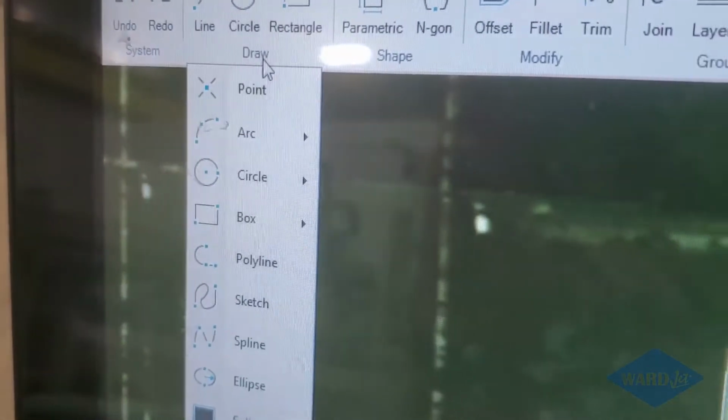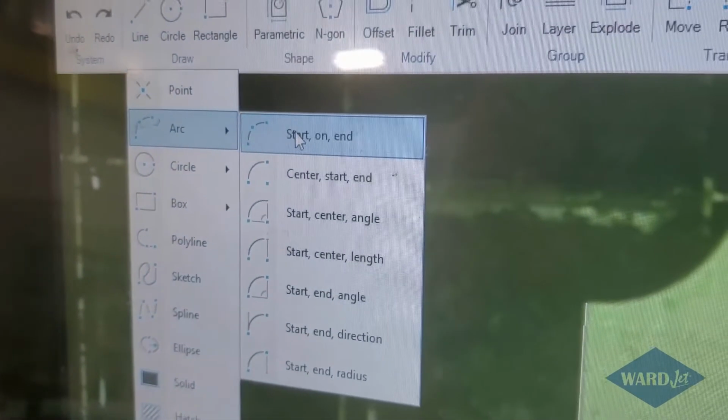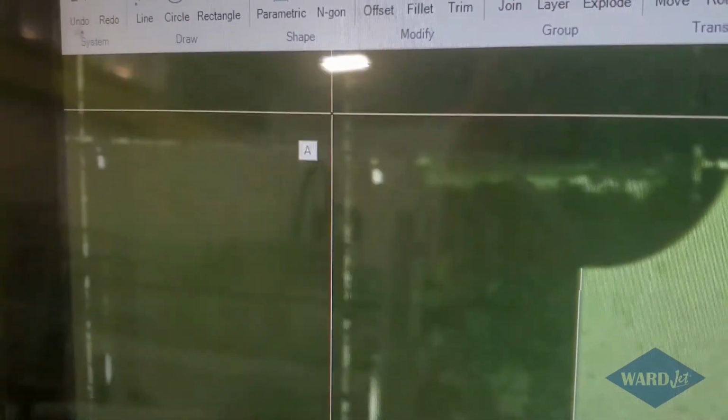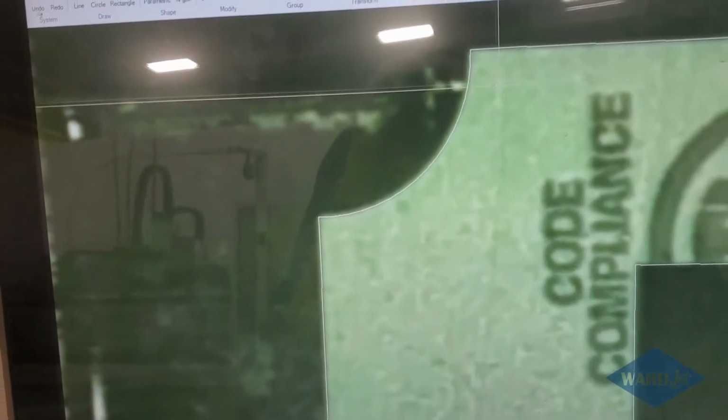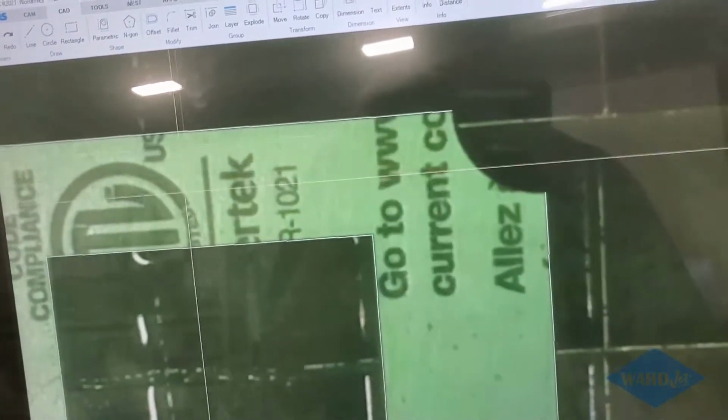and I'll just do some arcs up in the draw area, arc command, so we can specify start, on, and end. So I'll turn on my snaps, and we'll start at the end of that line, and we'll specify that point to be on there, and then end there, and then do the same thing for the other ones. So we'll start there, and somewhere along there, endpoint there, and start here, endpoint,